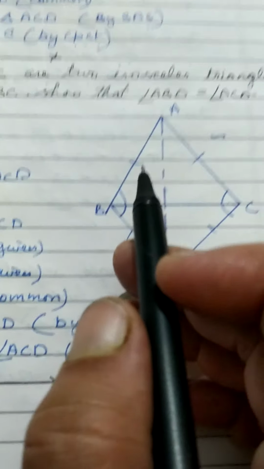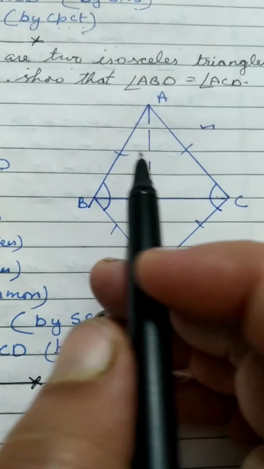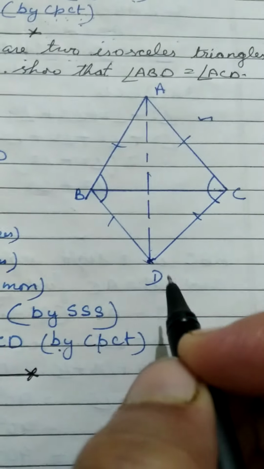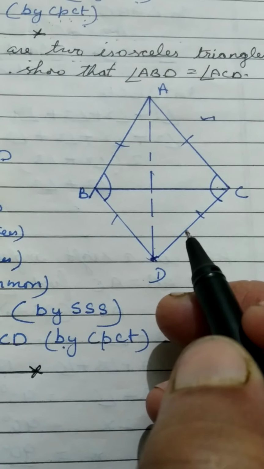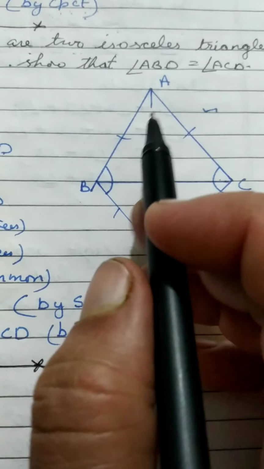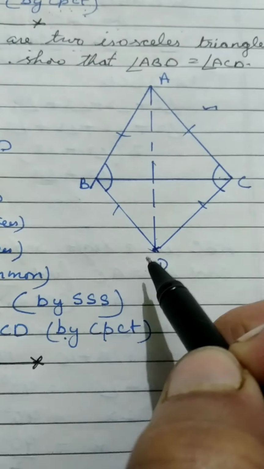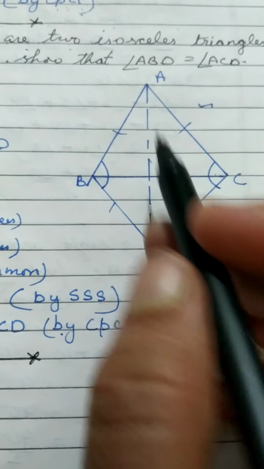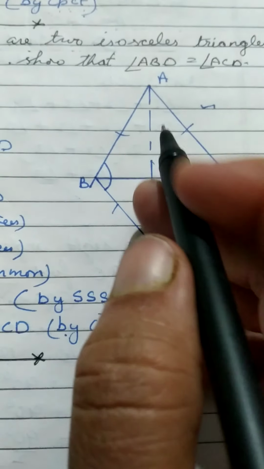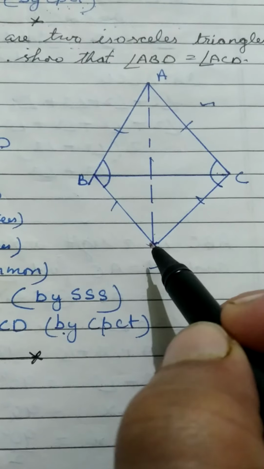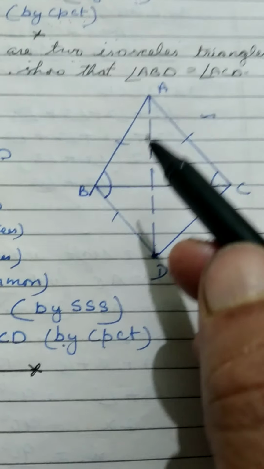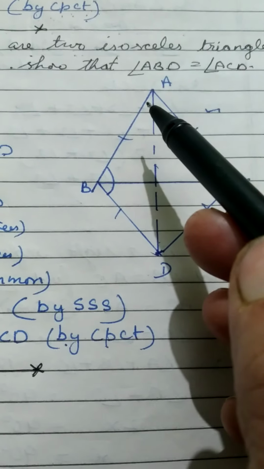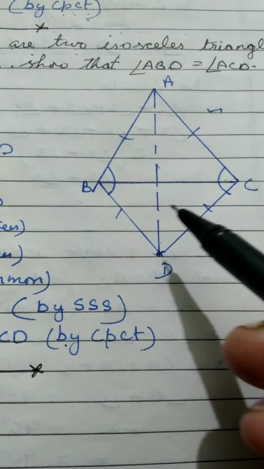Now what is given? First of all, we will write given. Given is that AB is equal to AC and BD is equal to CD. Now we take the construction, join AD. Because AD was not joined in the question, it is not given. We will get the triangle only when we join A and D. Then we join AD in construction.